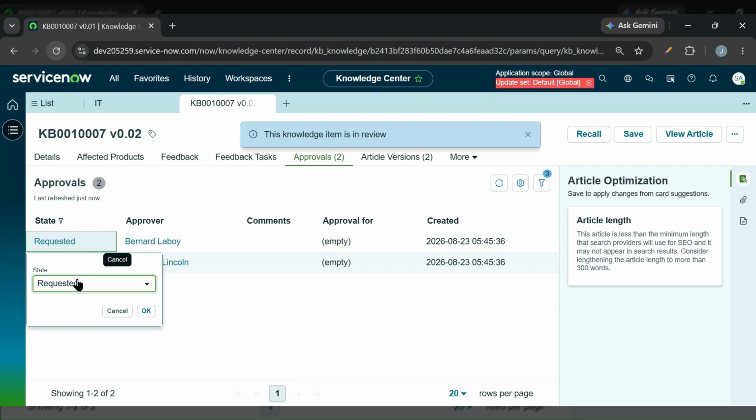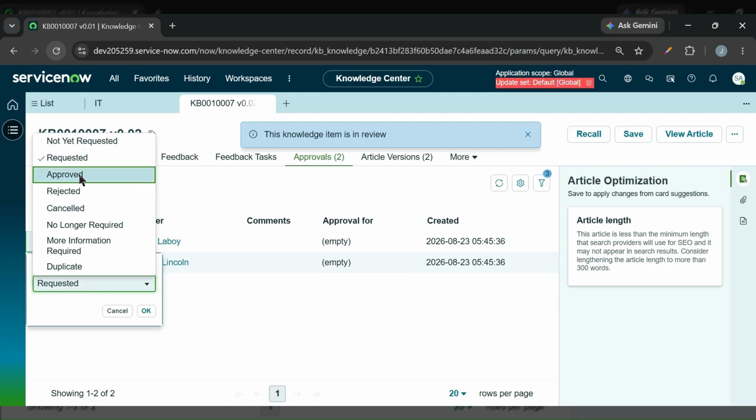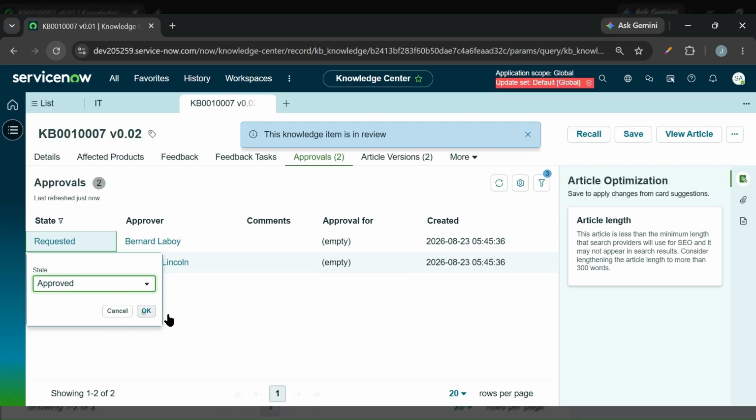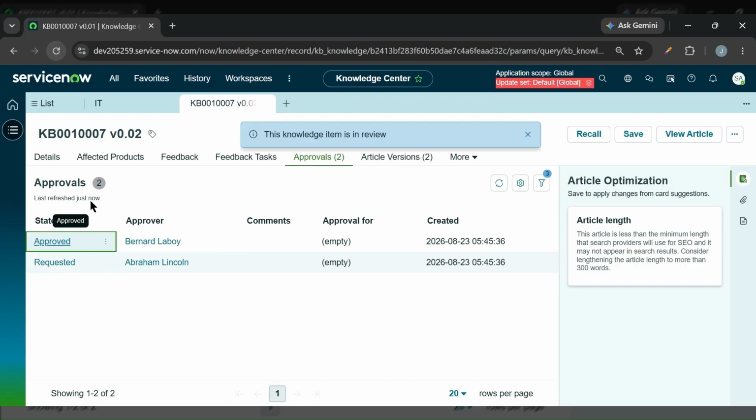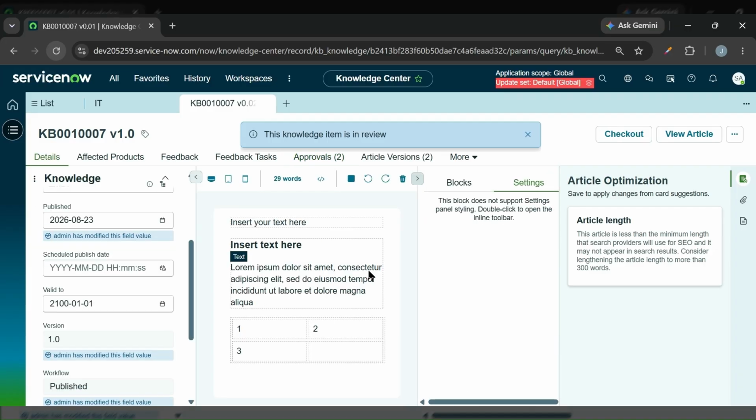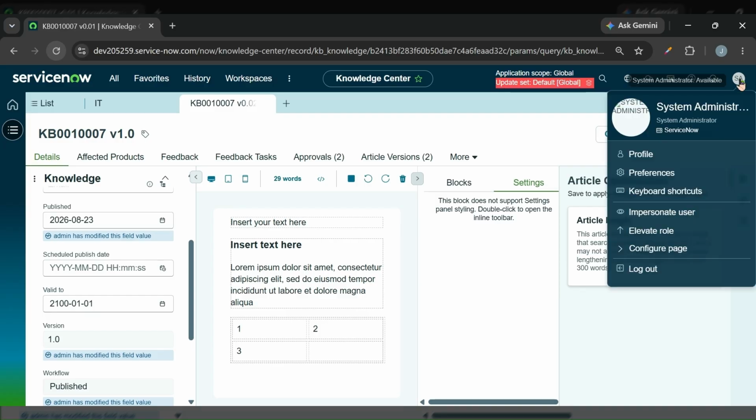Okay, let me just approve. Okay, now this is approved. Now we can see the checkout button here. If you want to do any changes, then we need to check out and then we can do the changes. Okay, now let's impersonate as Able Tutor